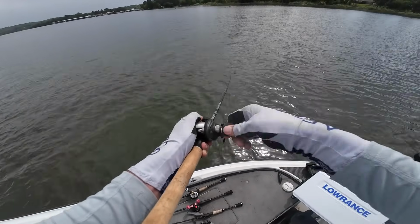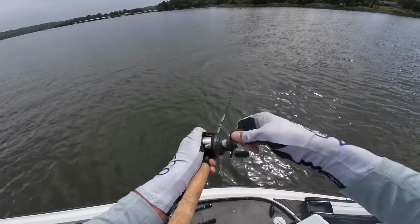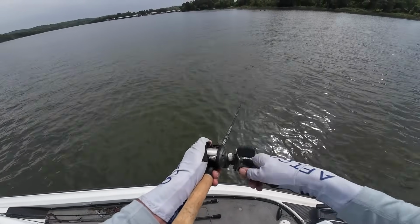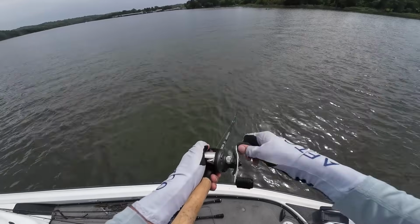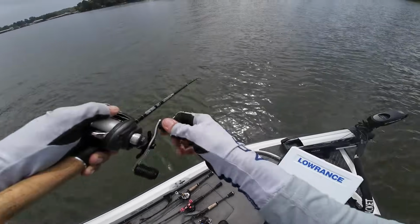So anyways, it's hard for some reason to talk and crank at the same time. I don't have my cranking stamina up or my cranking muscles up. I need to throw crankbait more this summer to build that back up. But anyways, you can see three casts right through that deal. I'll show you